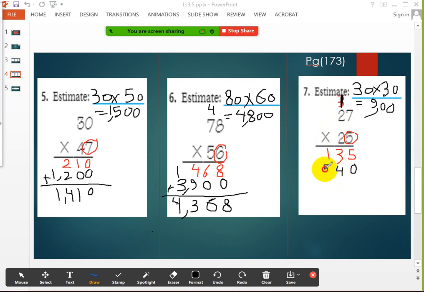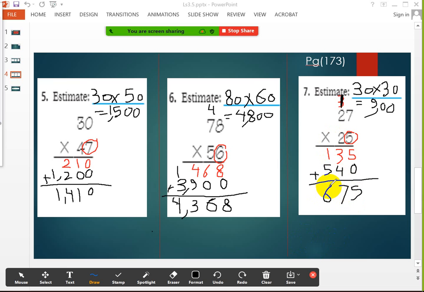I'm sorry about that. So I have to add the numbers. Now 5 plus 0 equals 5. 3 plus 4 equals 7. And 1 plus 5 equals 6. So the final answer is